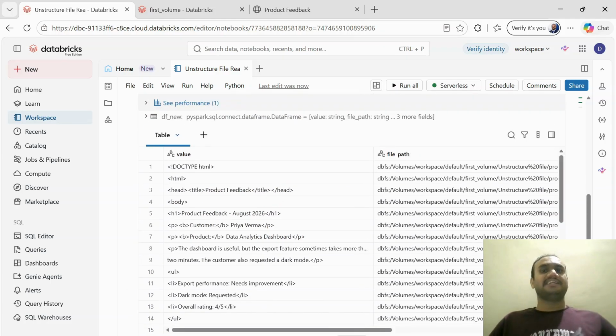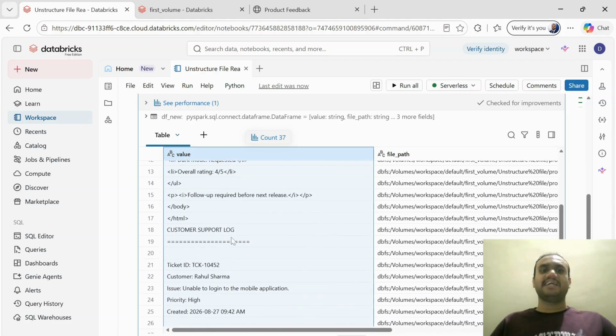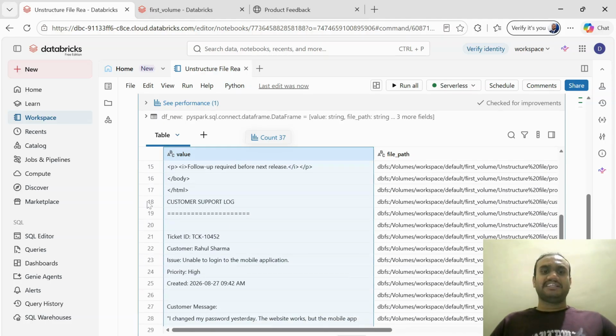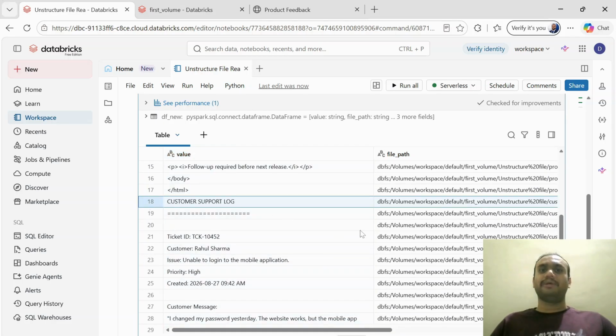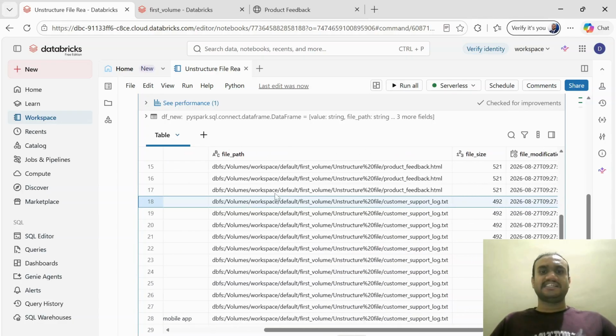We can see the command has been executed successfully and we have received this kind of information. This is the value, this, I believe, is the HTML part, while this is your text one. From here your text file data starts. We can see this is the file path location where your file is actually stored. This is your file name, and before that is your data folder.